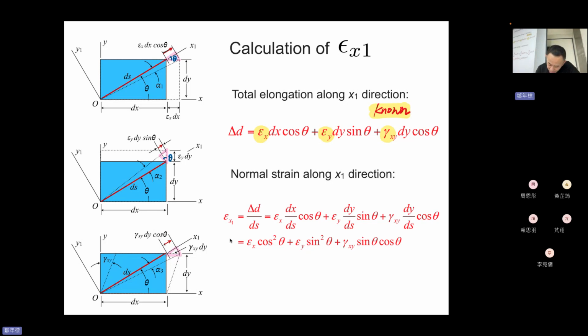But before that, we need to use this triangle to get this one. Okay, and also the theta. Where is the theta? Theta is this theta, right? Theta. And then we are going to get